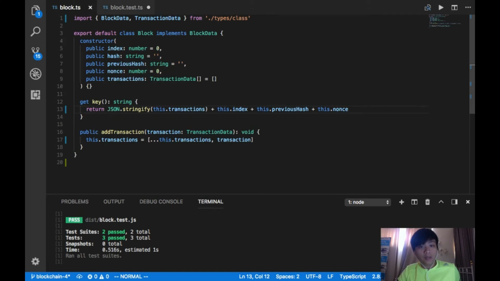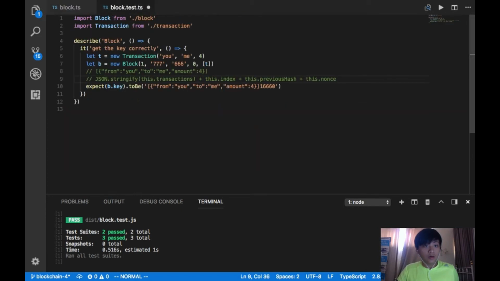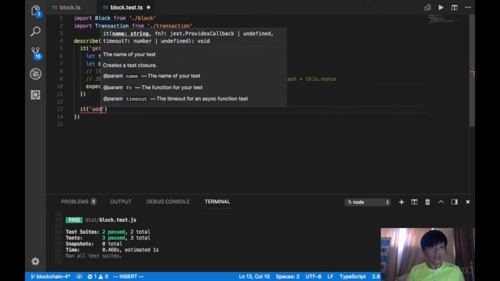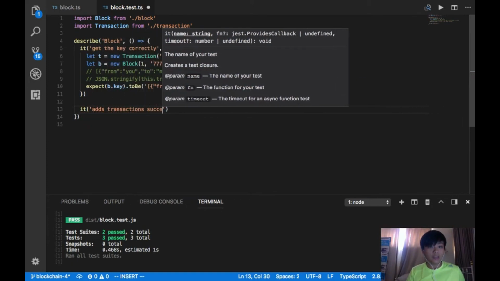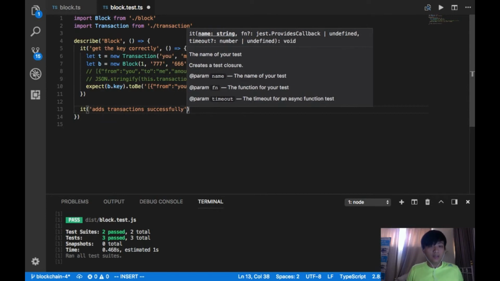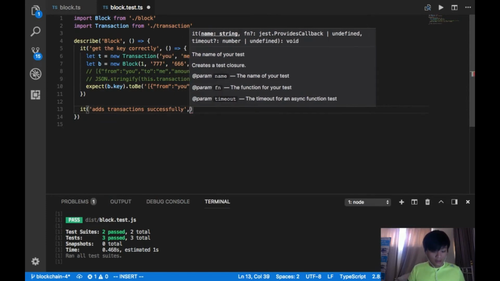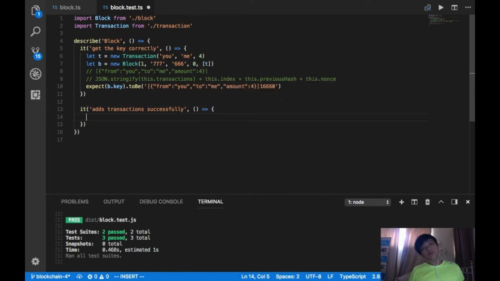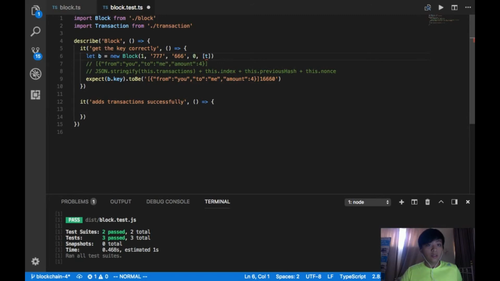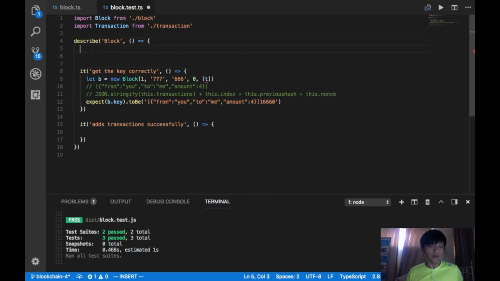So we can see whether the add transaction is working. It adds transactions successfully. Then you can pass in an arrow function. So how we're gonna start is, since we use it twice, what we can do is